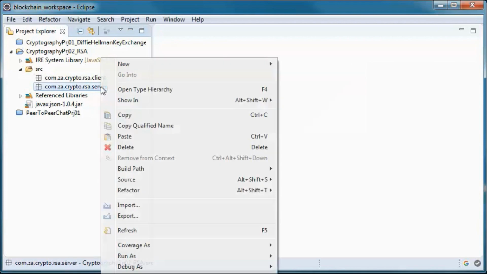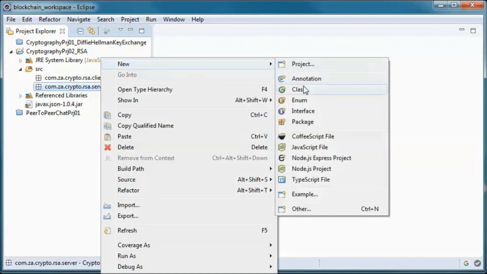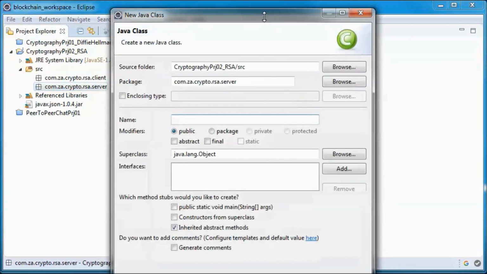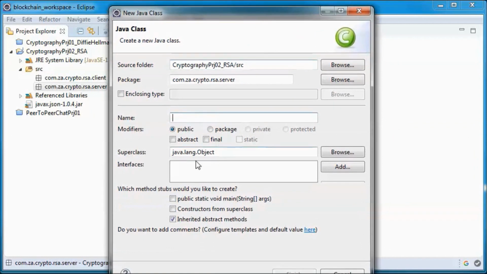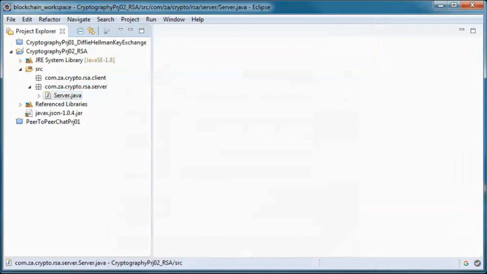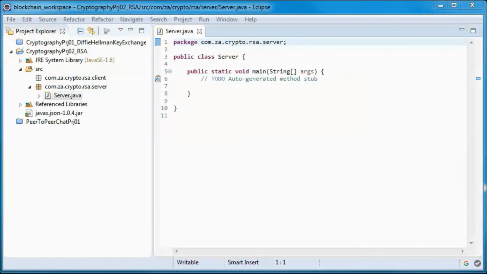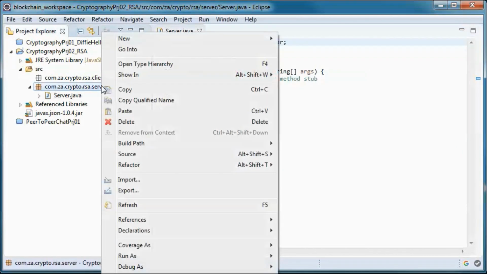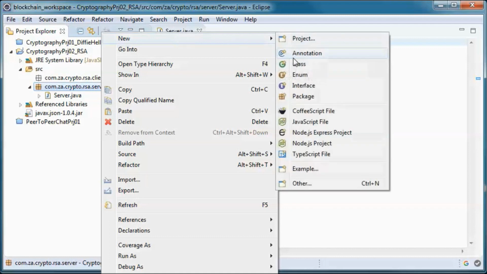And on the server side we will have 2 classes, a server class with a main method and a server thread class,